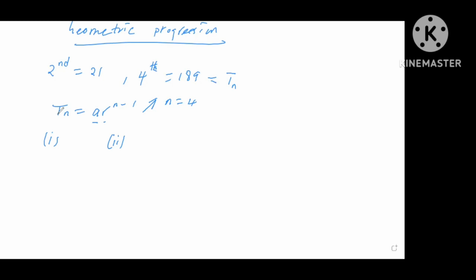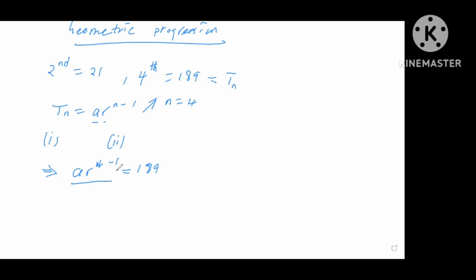Now we formulate the top equation. Since n is equal to 4, we say A R to power 4 minus 1 is equal to the fourth term, which is given by 189, right? Yes. Then we are going to divide through by